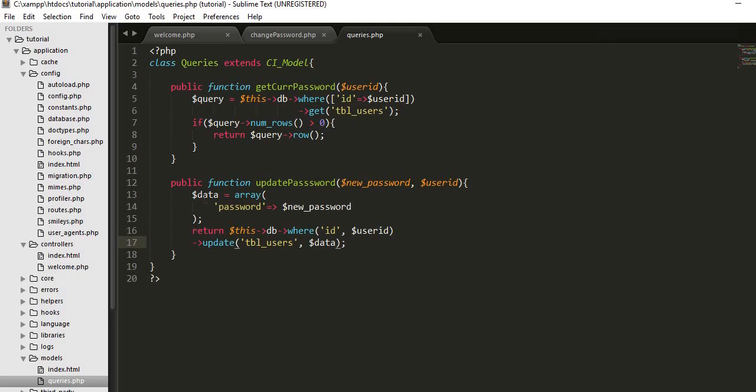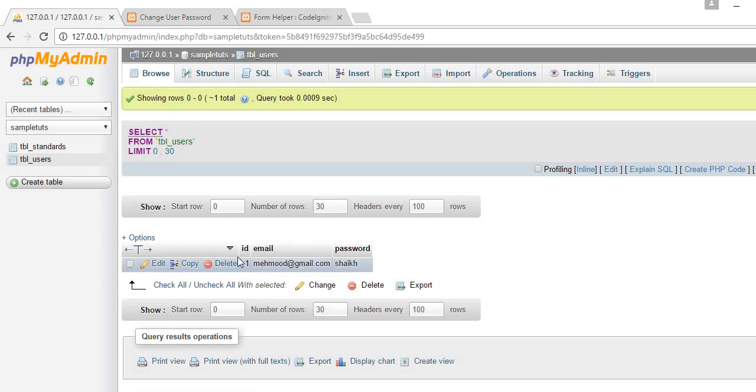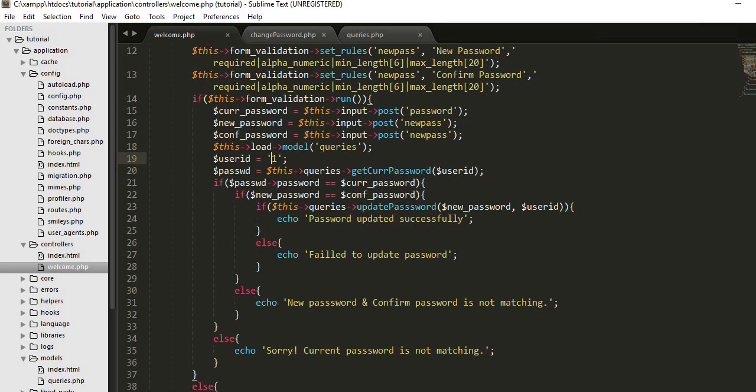data variable or array holding the password that is coming from our form, and we are replacing or updating the newly entered password with the older one. Okay, where id is equal to user id, which is this. Okay, statically we have given a user id as 1 because in our database we have only one record with an id of 1. Okay. Now